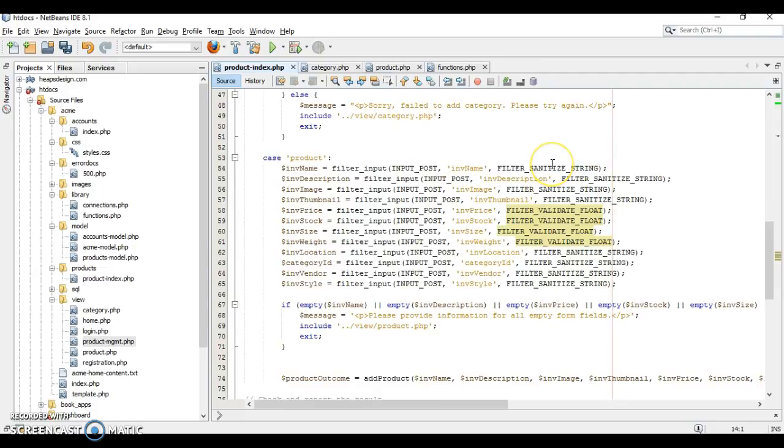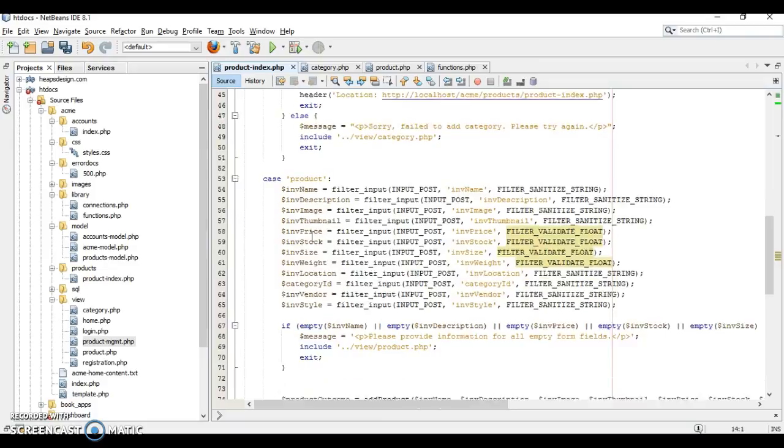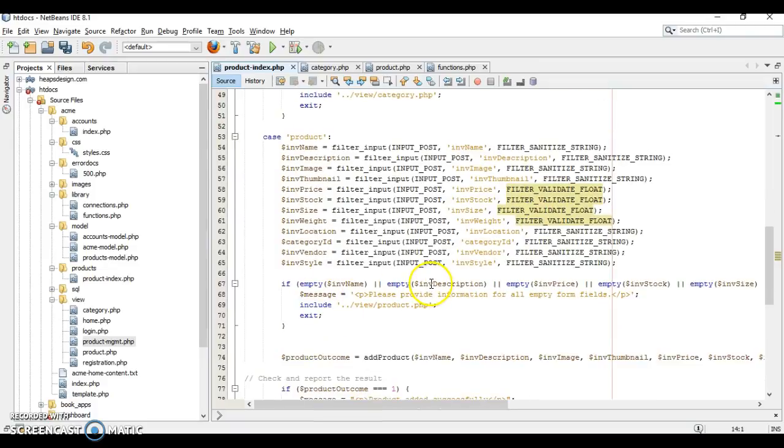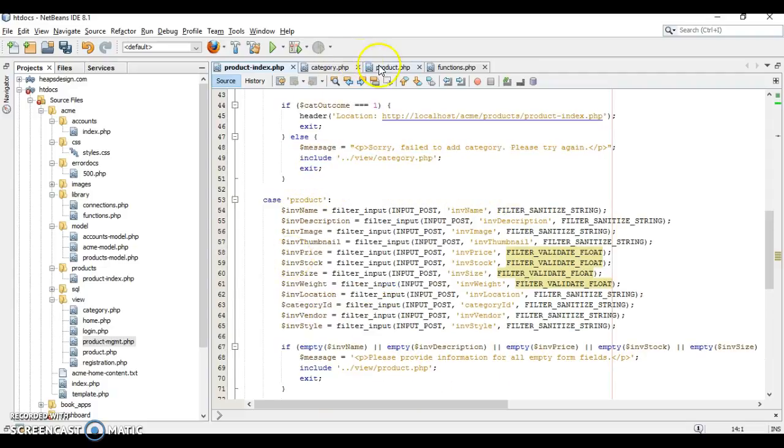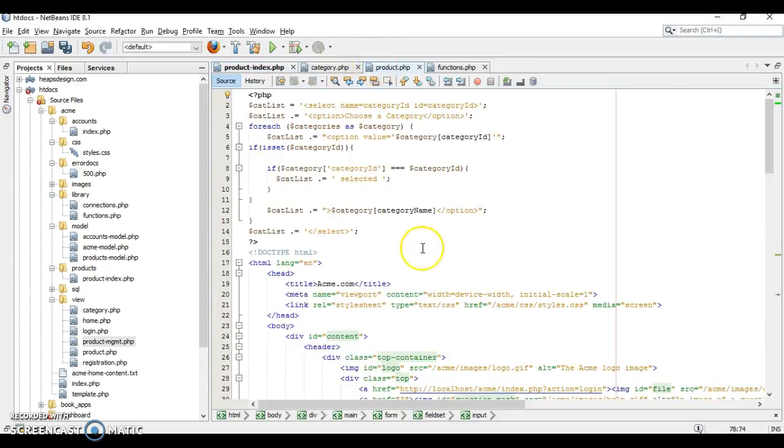I have sanitizing and validation ones. I'm sanitizing all the strings. These are for the numbers that you put in, the float ones. They all check to see if they're empty, and we'll show the view if it's not. And I've made them sticky. You can see that over here